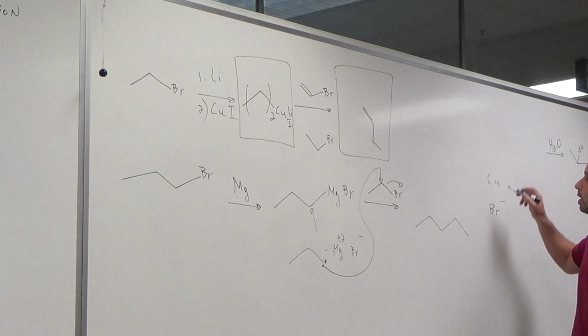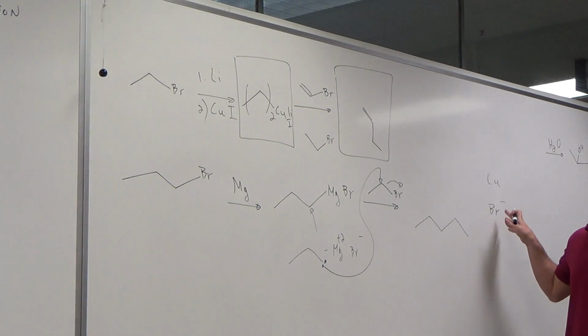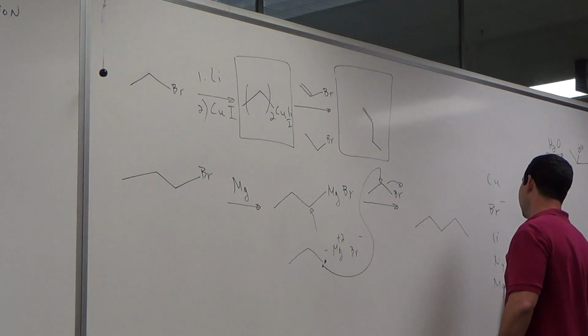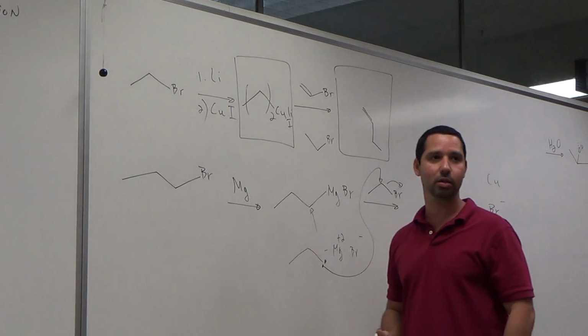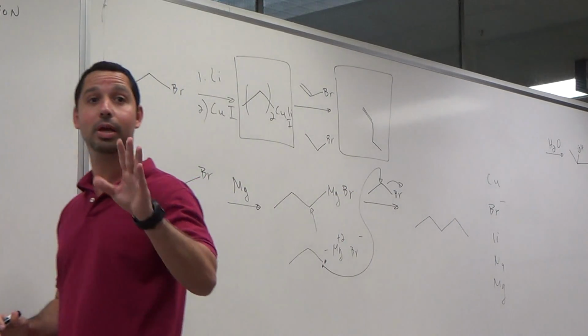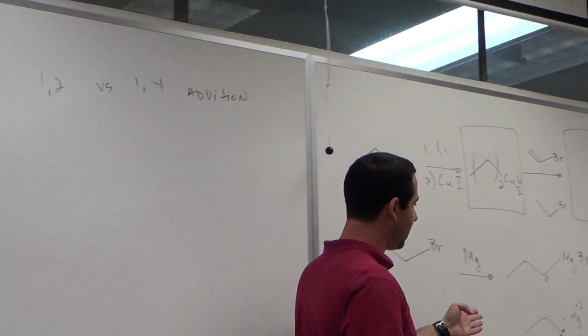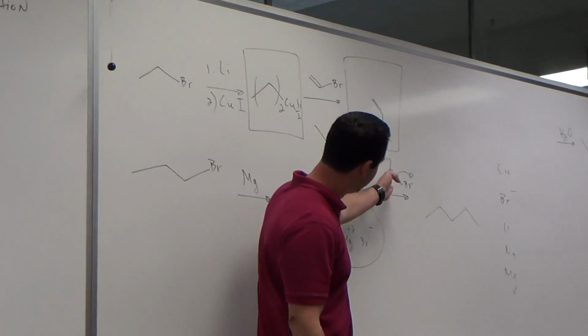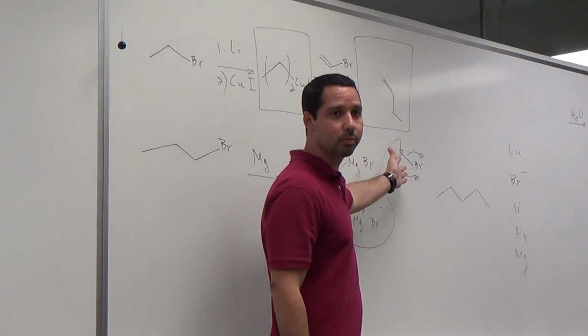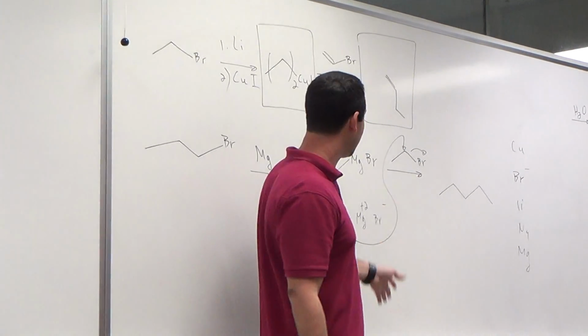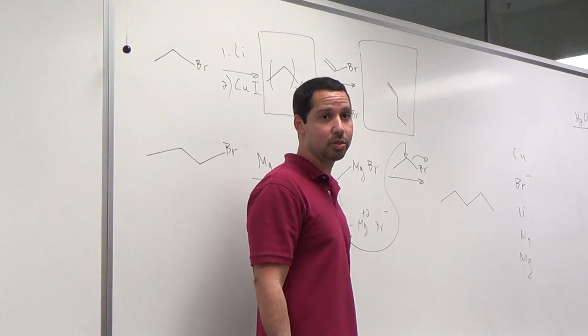So here you go. You want copper? You want lithium, sodium, magnesium, what else do you want? Are we gonna do mechanisms for these? We're not doing the mechanism, okay? We're doing 1, 2. The mechanism is SN2. How many times am I going to do SN2 mechanisms? With inversion of configuration.